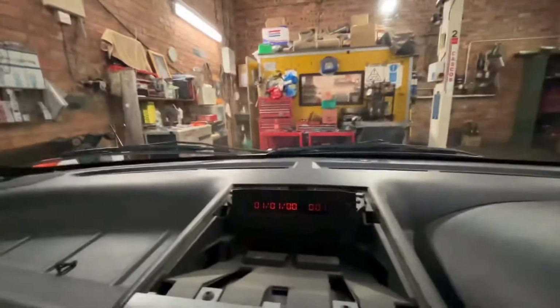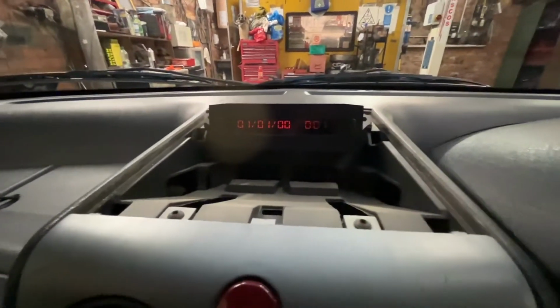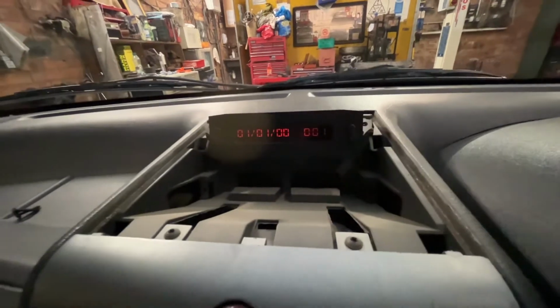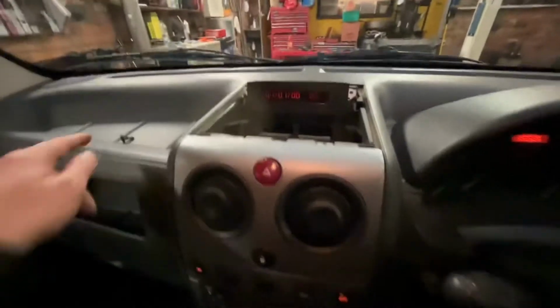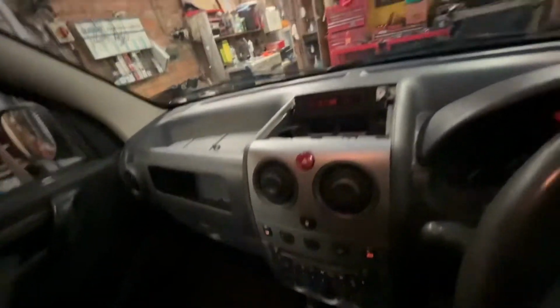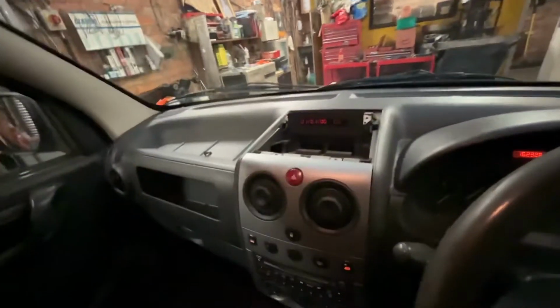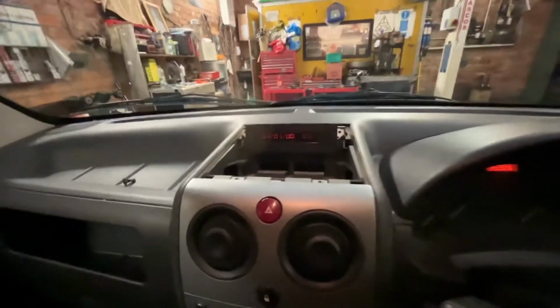I'm not sure if it's that advanced to tell you when you've got a door open or anything like that in a van. Nah, nothing like that. But it does obviously tell you the date and the time and all of your radio controls. So it's just a case of put the two Torx back in, and this case just simply pops back on top. Job done. So that's how you replace, it's called the multifunction display, the bulbs in that,